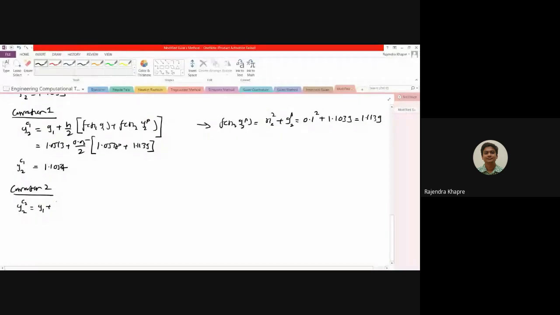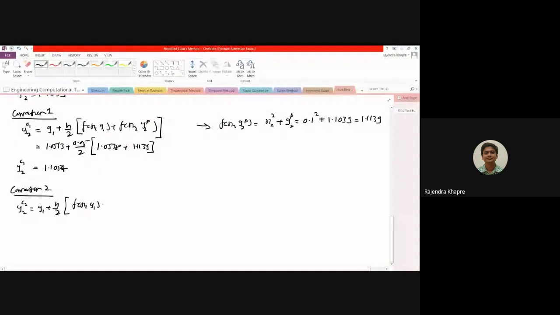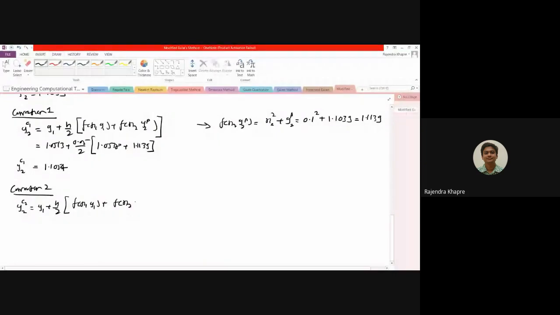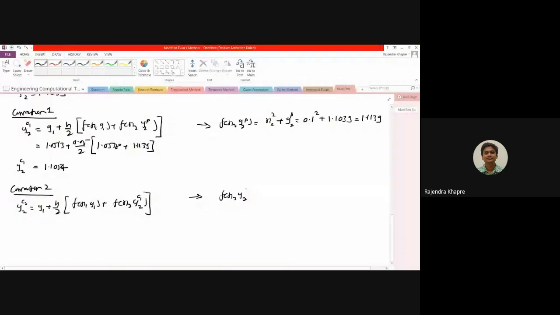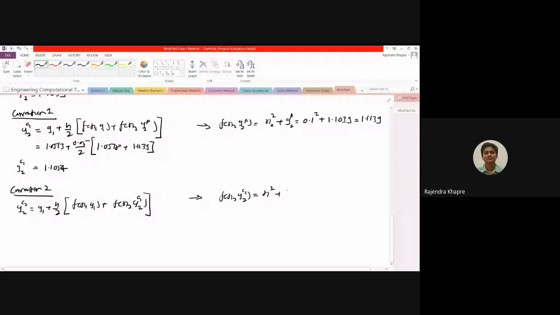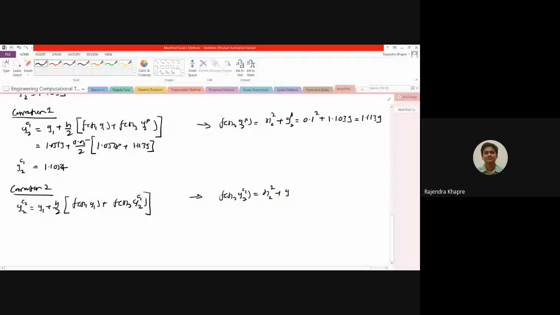So this is y1 plus h by 2 into f of x1 y1 plus f of x2, and y2 will be the latest value. So y2 corrected for the first time. Okay, from here I don't know the value of f of x2 y2 after the first correction. So this is x square plus y. So x will be replaced with x2, y will be replaced with y2 corrected for the first time. So this is 0.1 square, and this will be something like